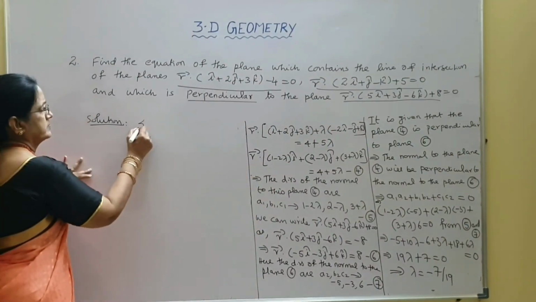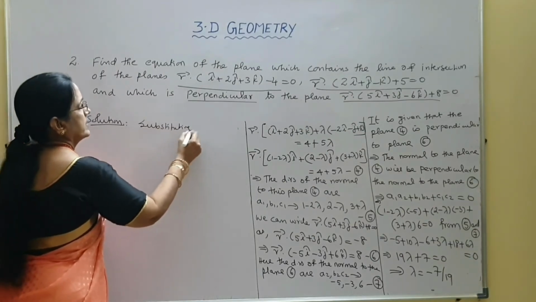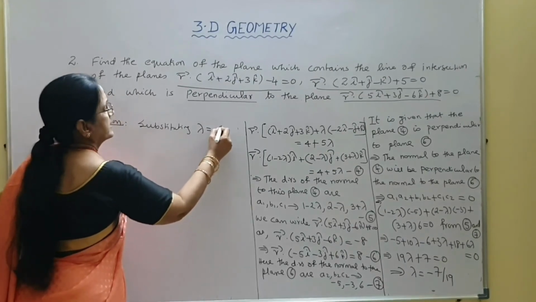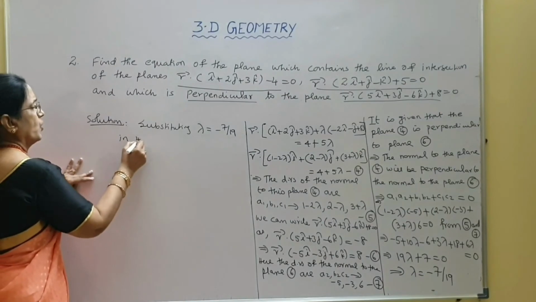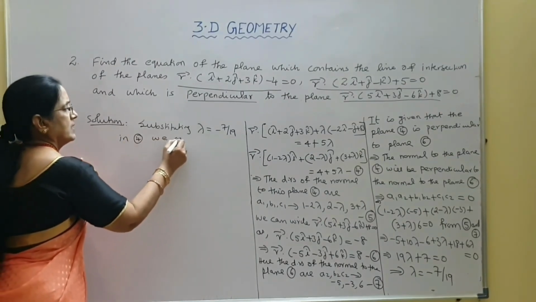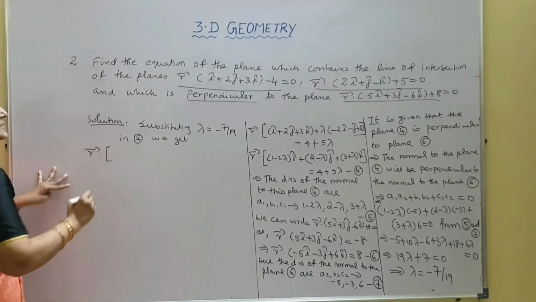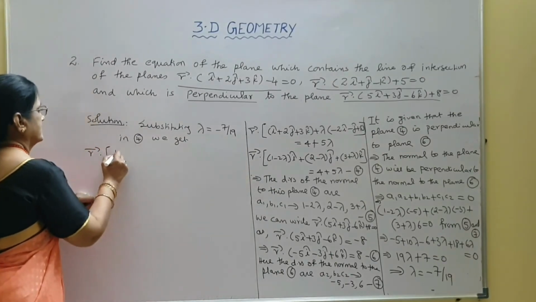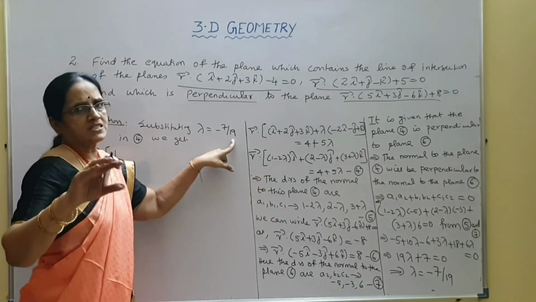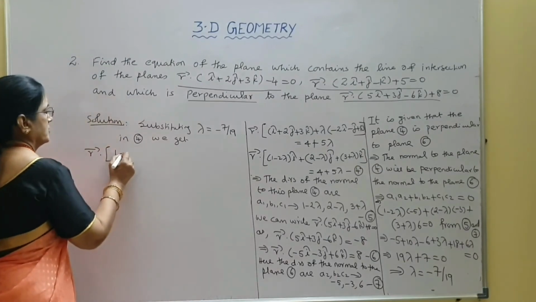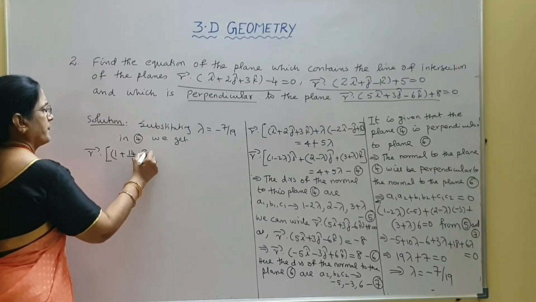Substituting lambda equal to minus 7 by 19 in 4, we get vector r dot 1 minus, minus 2 into minus 7 by 19, that means plus 14 by 19, i cap,